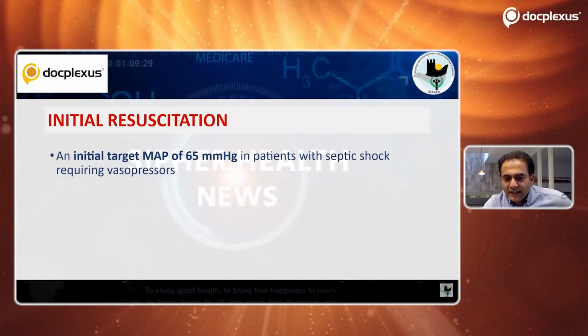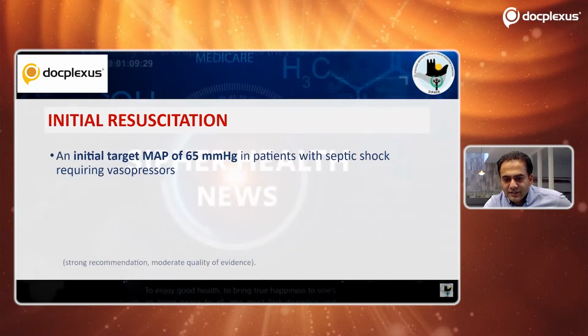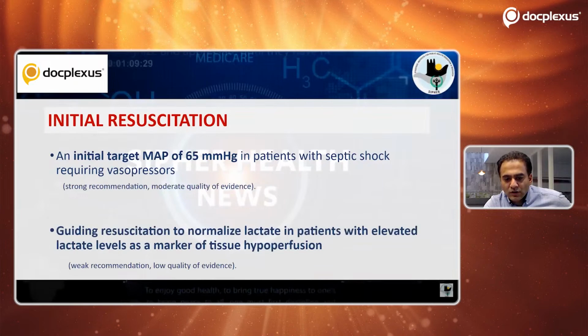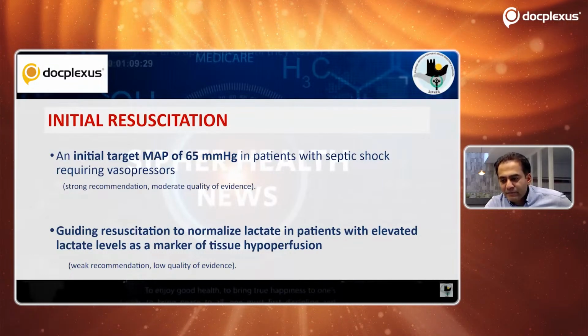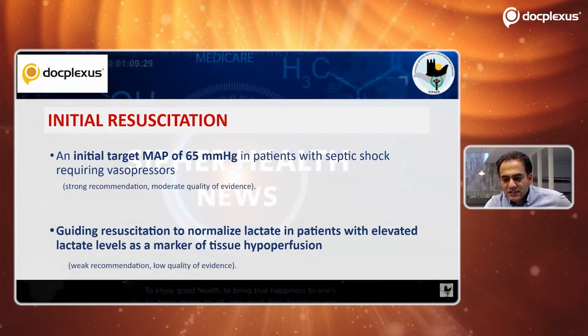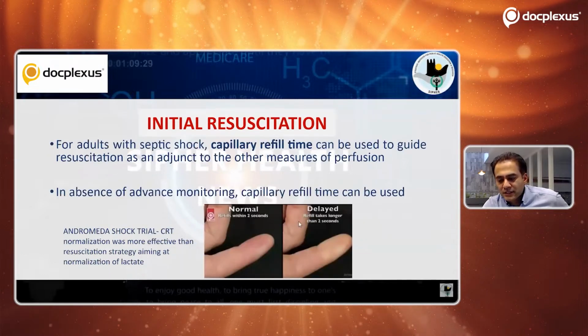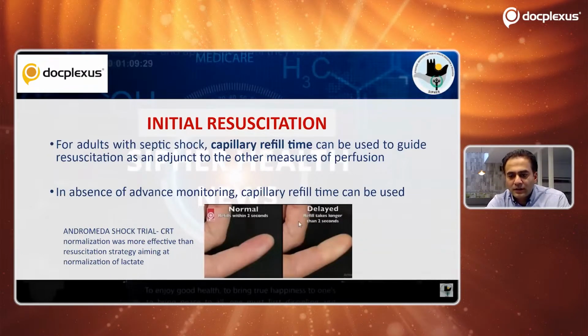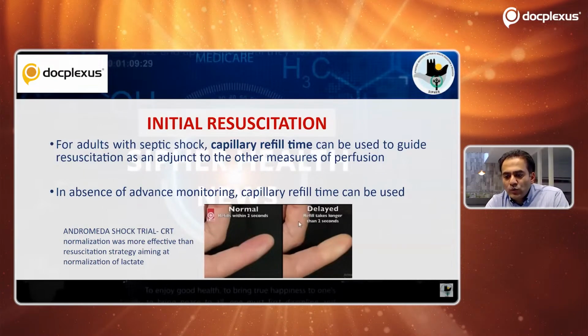So the initial target of MAP is 65, as we have discussed, and it is again a strong recommendation, and guiding resuscitation to normalized lactate is still present. If the lactate is higher, it means that there is hypoperfusion. So guiding fluid based on lactate is still there, although it's a weak recommendation. Now what new has come up in the 2021 guidelines is